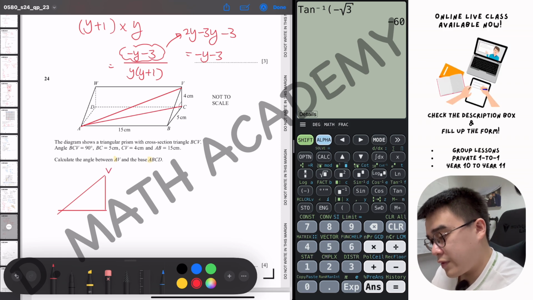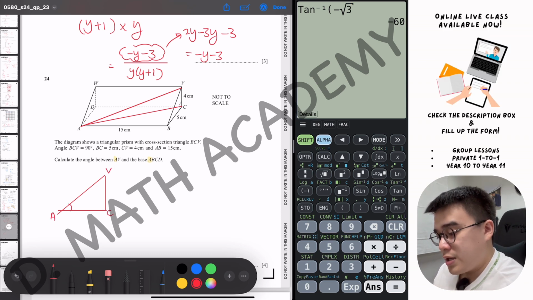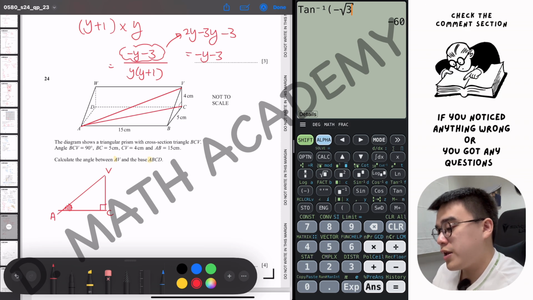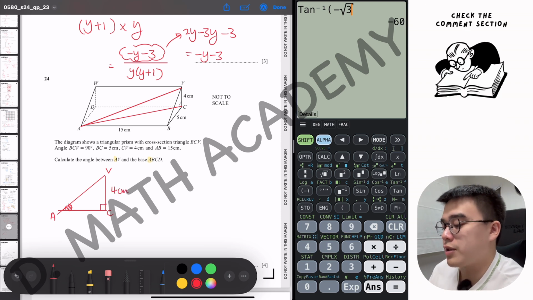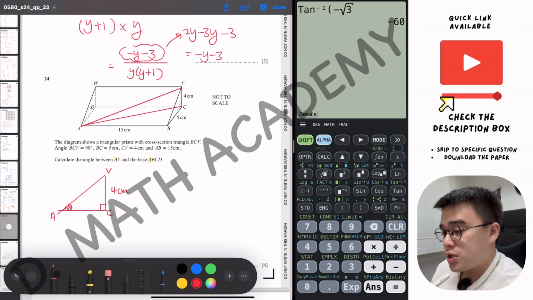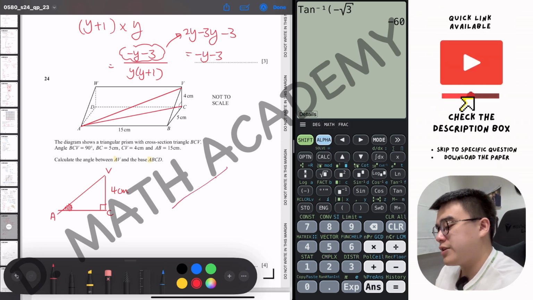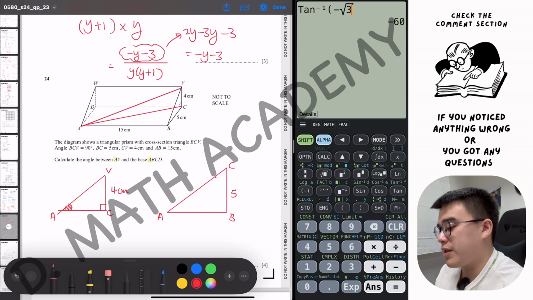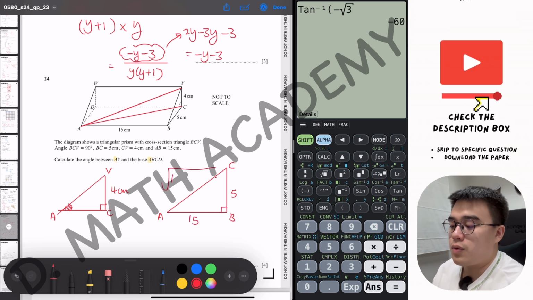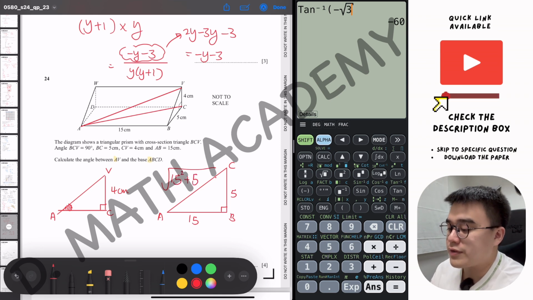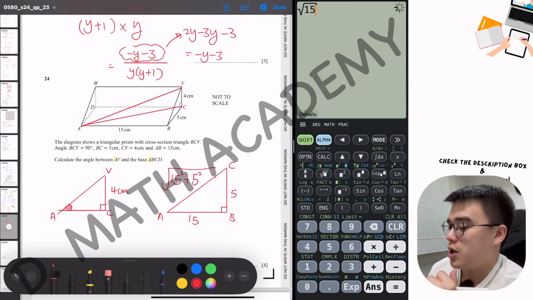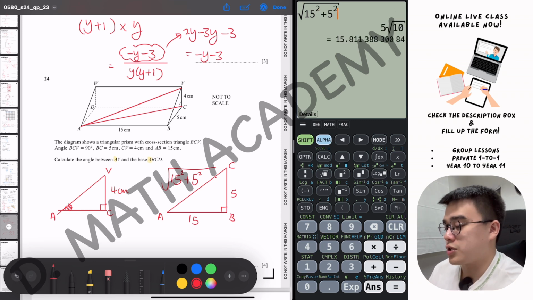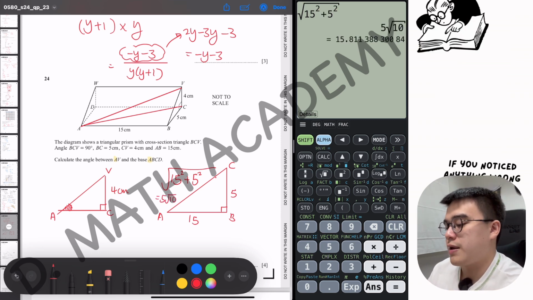Okay, this is a triangle with VCA. This part is what they want us to find, and the only information that I have at the moment is the 4 cm here. So I have to work my way out to find AC first, and AC will be focusing on the base, where we have AC and B with 5 and 15. To get to AC, it will be a Pythagoras theorem, where you utilize the 15 square and 5 square to work out the answer. 15 square plus 5 square is actually 5 square root 10. And put that in,